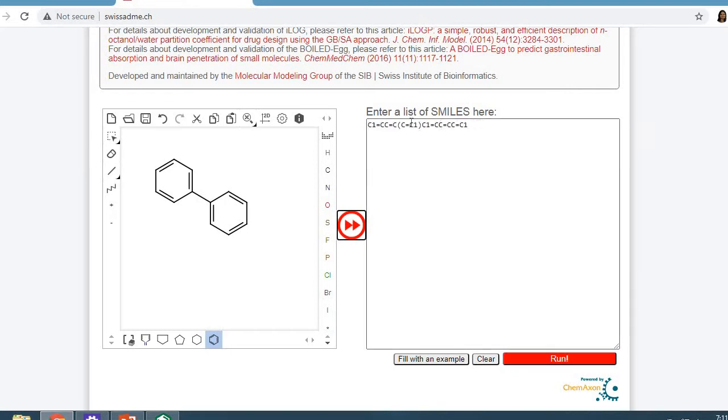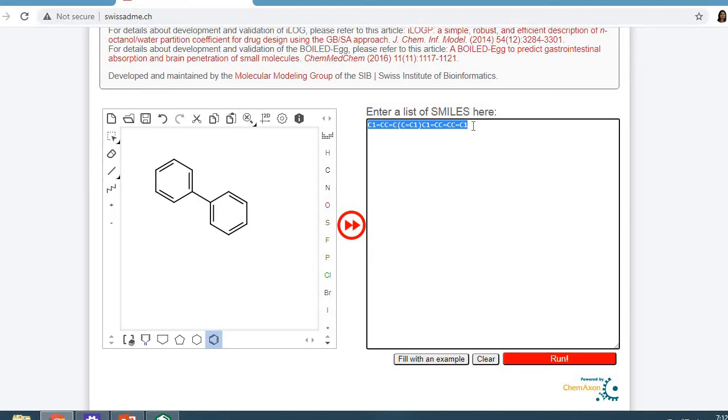Here we get a string of notation, and these are the SMILES for biphenyl ring. We can copy it from here and move it to other software to find out the properties of biphenyl ring.